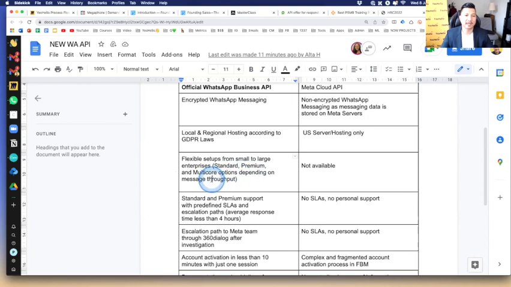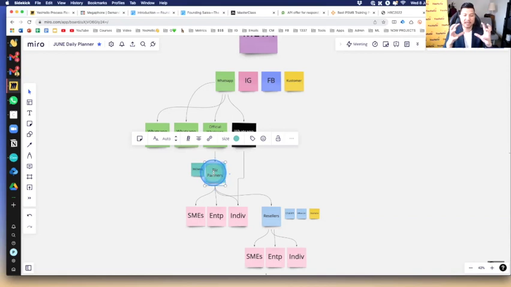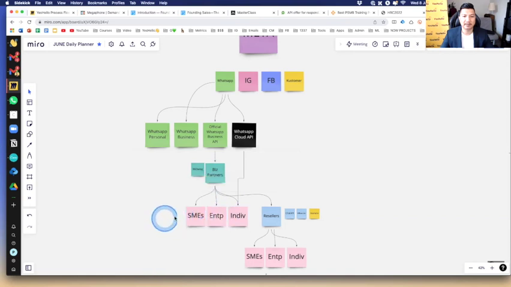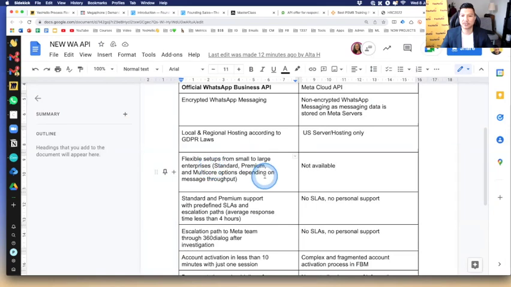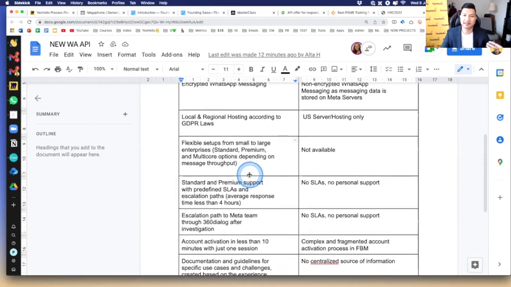Yes, this is one of the advantages of when it is sold by business partners, because business partners have the resources to chunk it down, create products and sell it to different entities, right? But with this, nope, they only have one thing. If you want that, that is what's available, right? There's no flexible setups, there's no this and that, there's no, hey, I want to custom. No, if you want to do it on your own, you can, but it doesn't come that way, so not available.